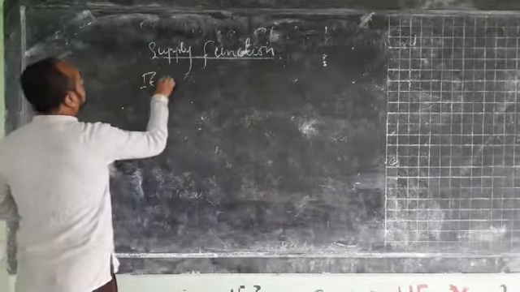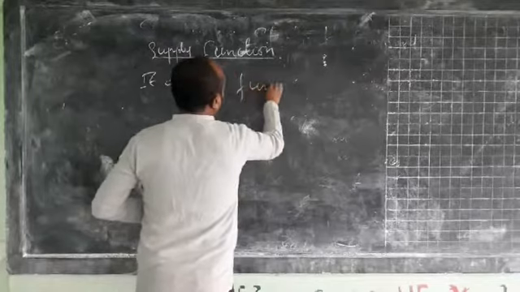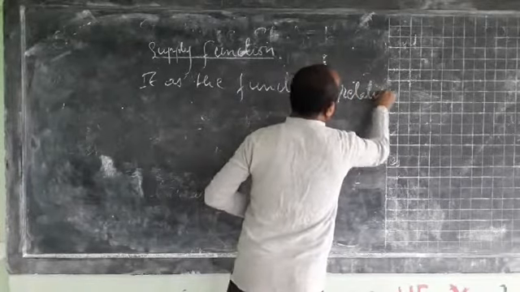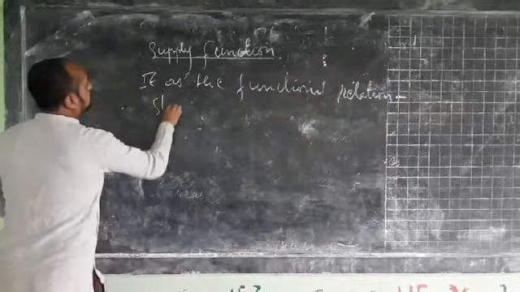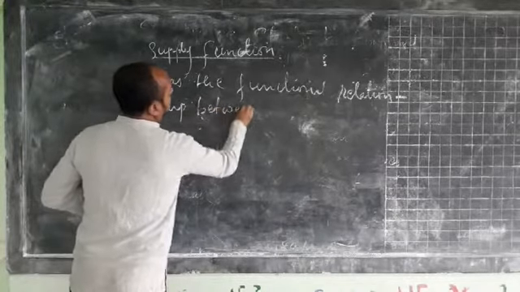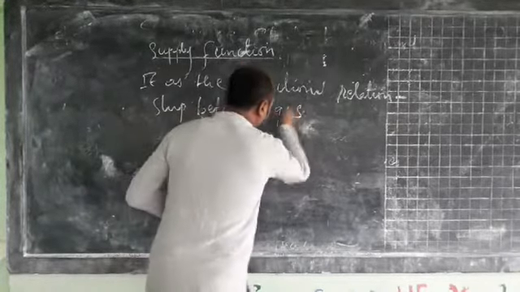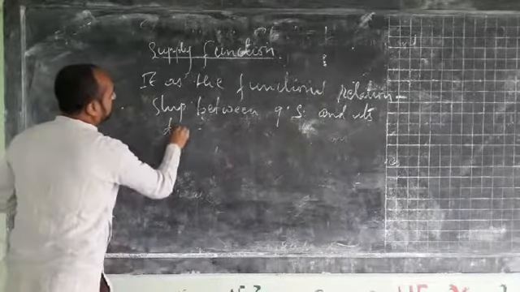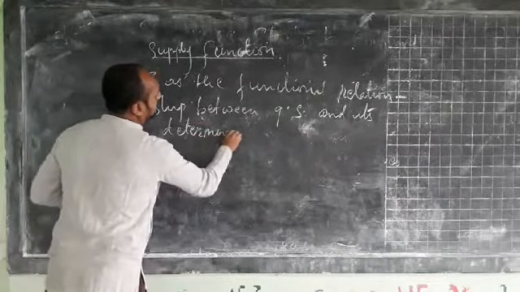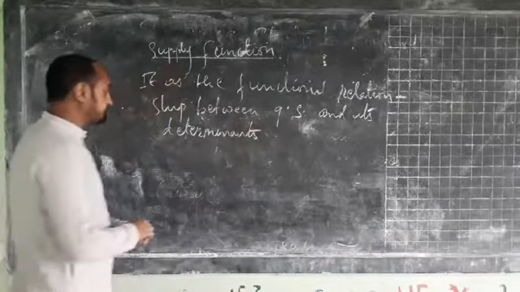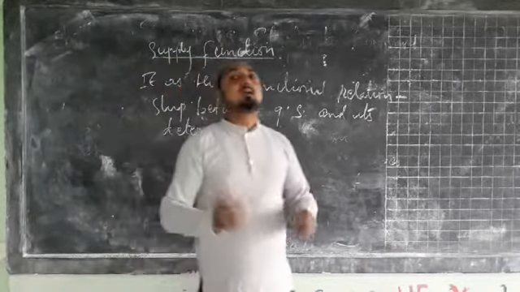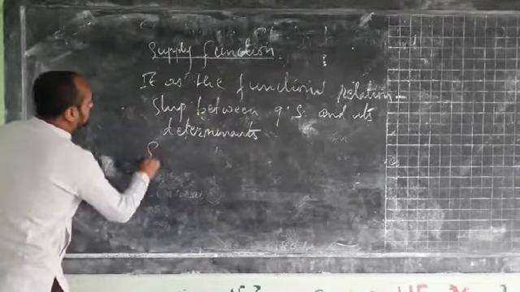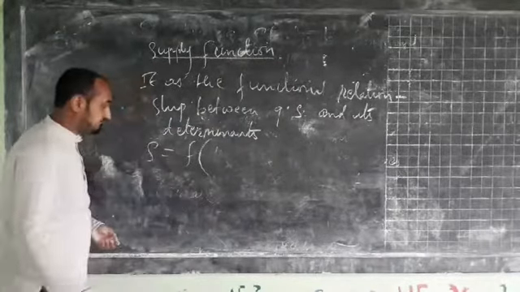So it is the functional relationship between quantity supply and its determinants, or we can say that it is the mathematical expression of quantity supply and its determinant, and that can be written as S equals to function of the different